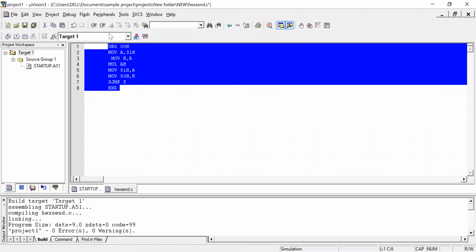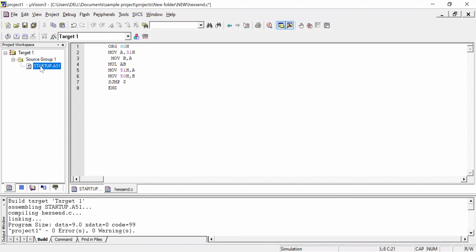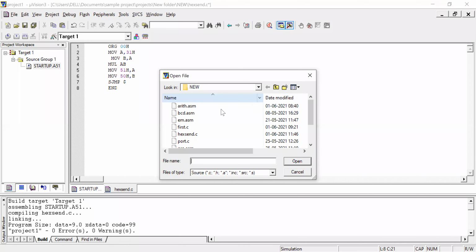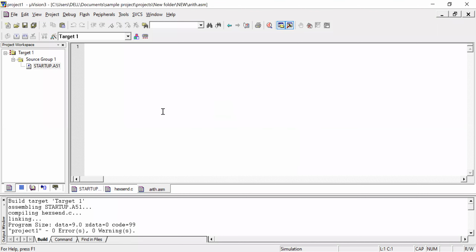Here you can see there is no file added in your target, so create or open any old file or new file. I'll open some old .asm file. See, arithmetic.asm, I have opened this.